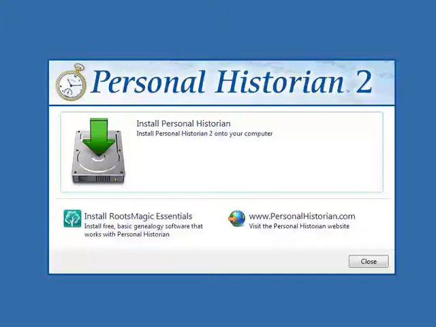Now, when you install from the CD, you just simply insert the CD into your computer, and this little menu screen will pop up. It says Personal Historian 2, and there's three buttons. One is to install Personal Historian. The second one is to install a copy of Roots Magic if you want just the free version of Roots Magic on your computer. And the third one is to visit our website at personalhistorian.com. Now, this big giant button right here is to install Personal Historian 2 onto your computer. So click on that giant button,